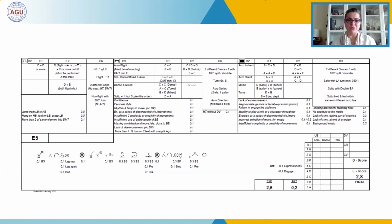And for the Mujinga or Tsukahara, first acrobatic band, 0.1 for the legs apart, 0.1 for the leg separation, and 0.1 for the hop. We got adjustment 0.1, and then we got with the stag leap jump 0.1 for body shape. We got for the switch leap full turn 0.3 for body shape, and another 0.3 for body shape for the switch leap to ring, and split leap with full turn